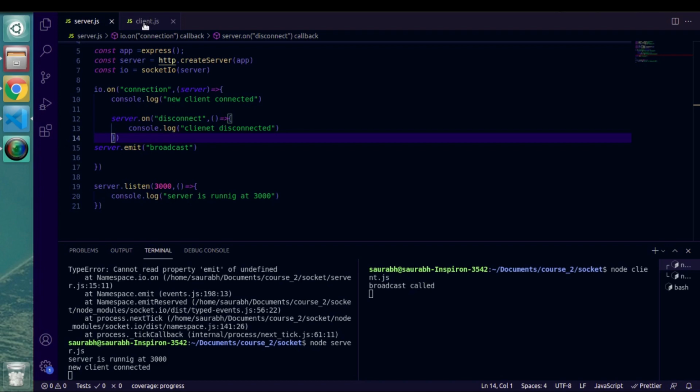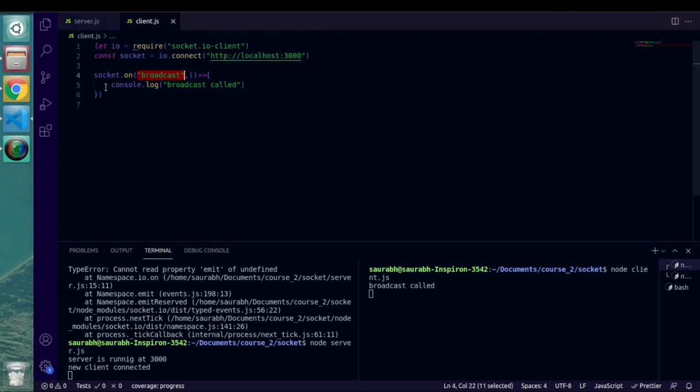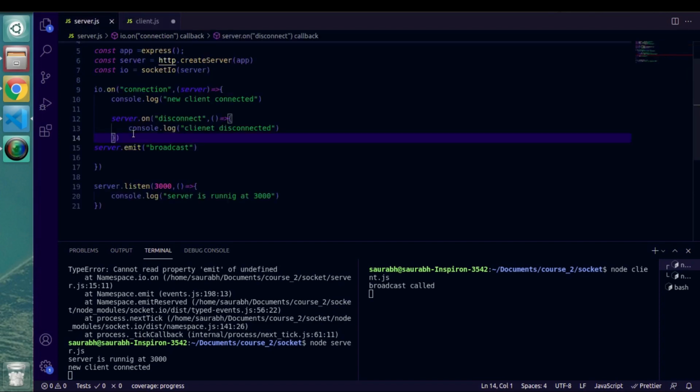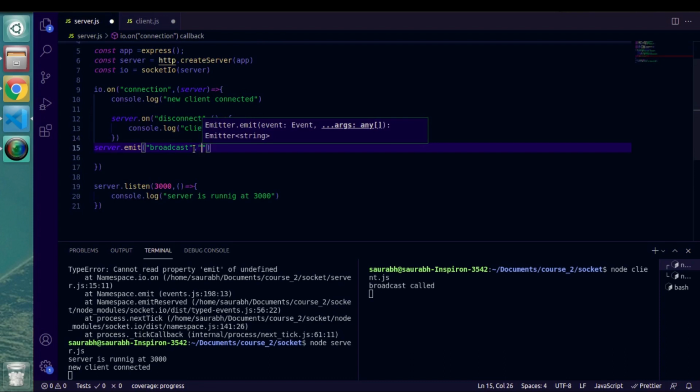So now if you want to send any particular data, you can send it like this. Let's say I want to send a parameter. Just forgive me for these spelling mistakes. Anyway, if you want to send that particular parameter, you can send it as the next parameter in the emit function. So let me give it one parameter saying God is great, which is our tagline.